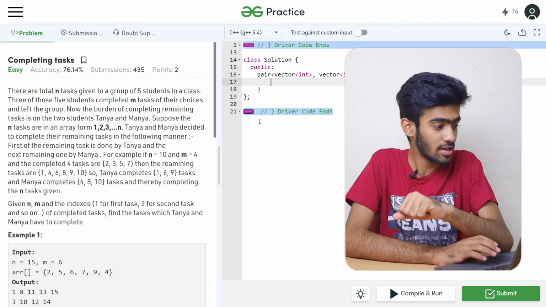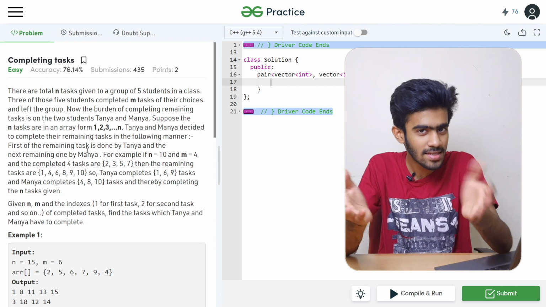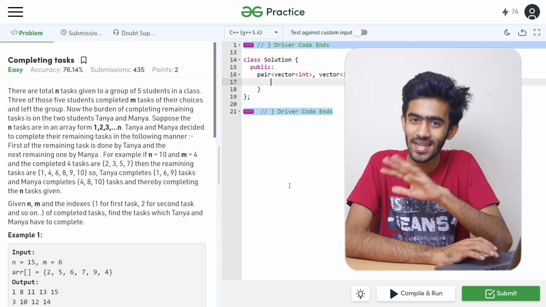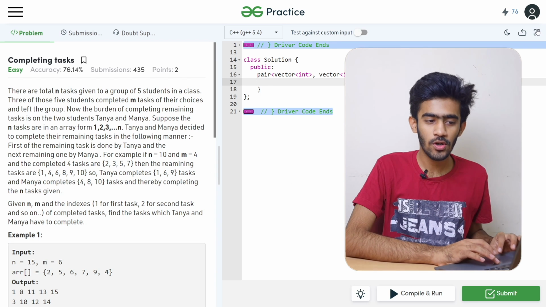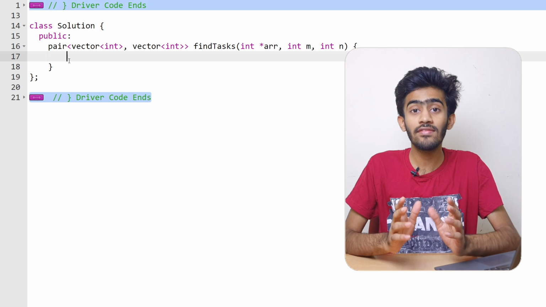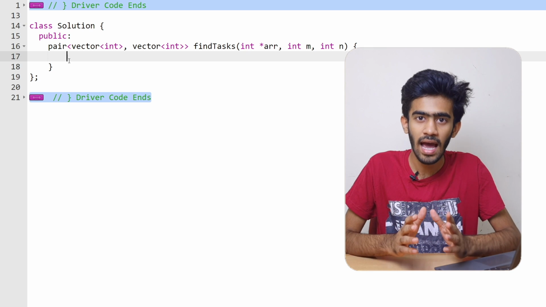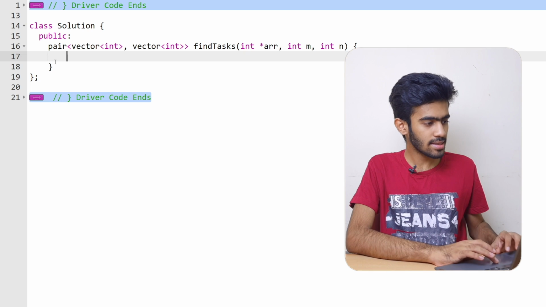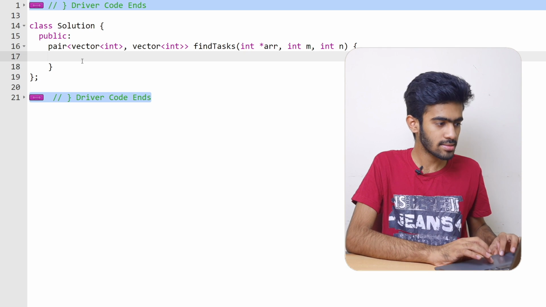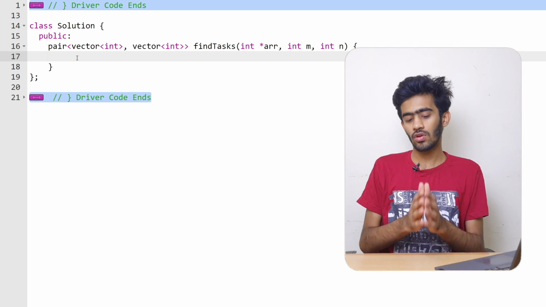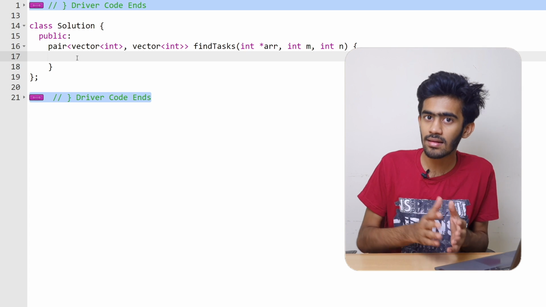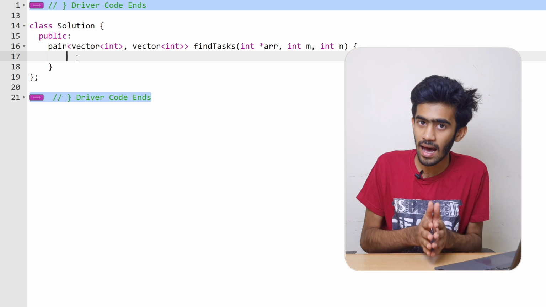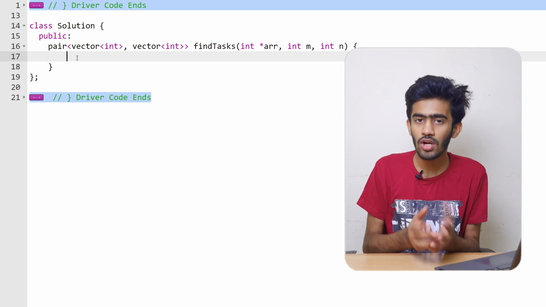So we are here at GFG practice, and what we just saw is given here as a really big para. So let's leave that and move on to the coding part. So here we are given a function find task, and we have those 3 arguments n, m and the array. So as I said, we have to return pair of vectors as the output. So what we have to do is we have to find which tasks are completed by the guys and which are not. So we have to assign the tasks which are not completed to these girls.